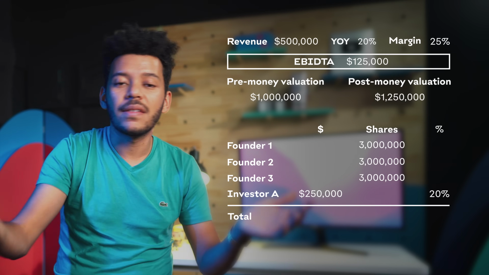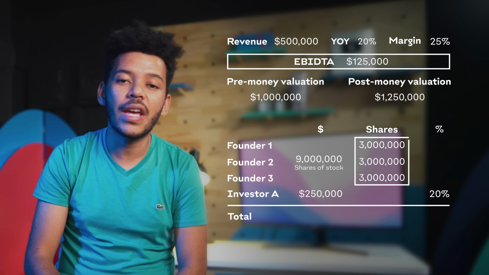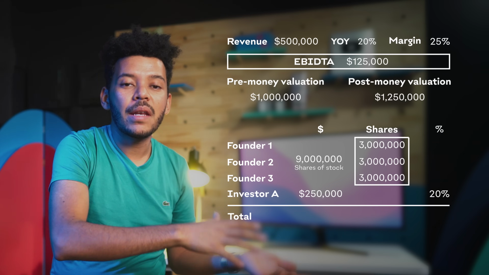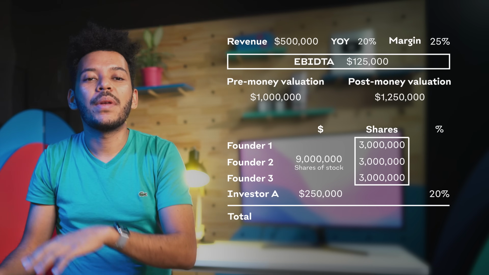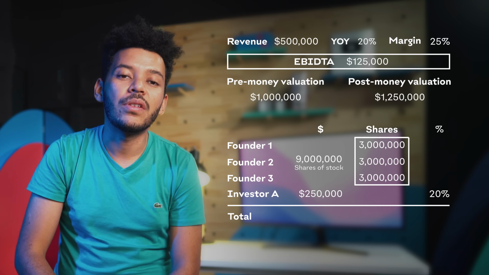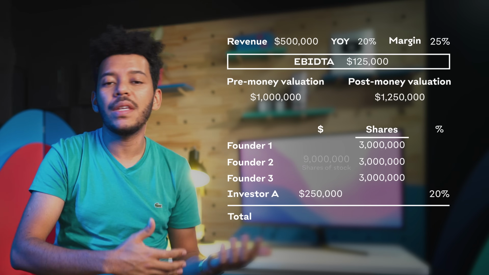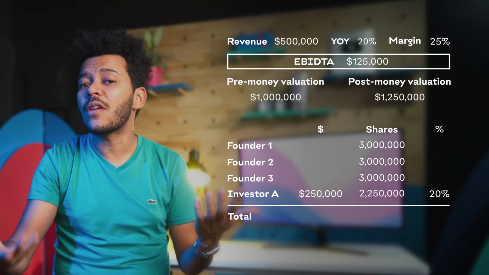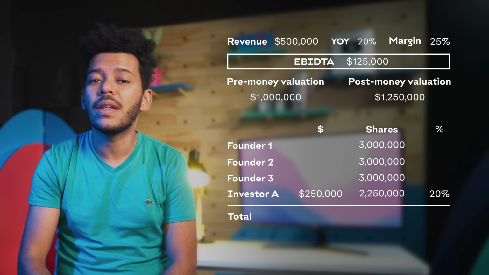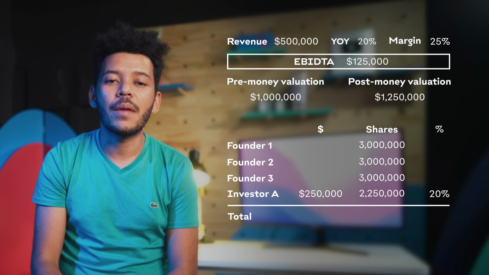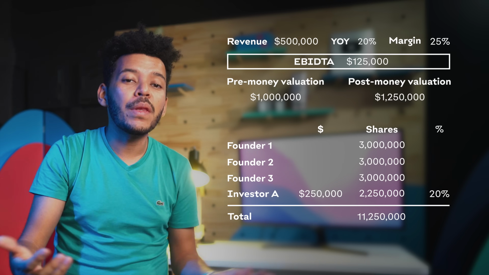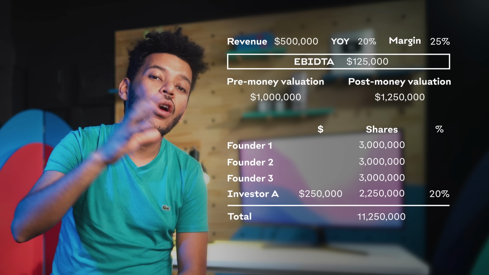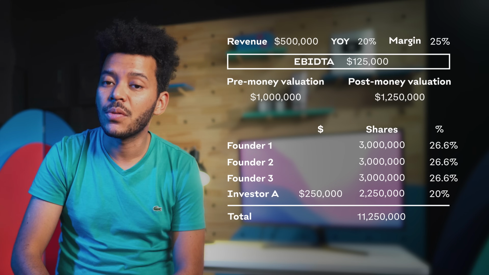Assuming this company is this theoretical Slidebean that had 9 million shares, then the basic rule of 3 would tell us that 9 million, which now represent 80% of the company, then 20% of the company is represented in 2,250,000 shares of stock. So the company will need to issue these 2,250,000 shares to the investor. And after that, each one of the founders will continue to hold 3 million shares, but they will no longer represent 33% of the company, since the company now has 11,250,000 issued shares of stock. The 3 million shares each founder owns now represent about 26.6% of the company.